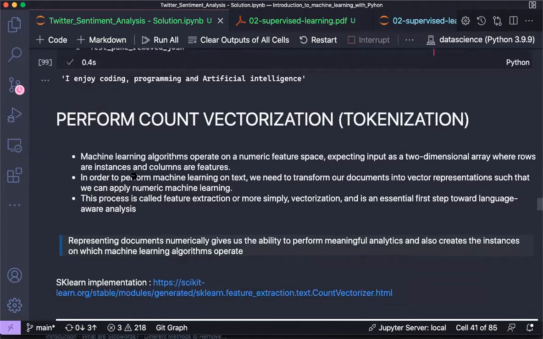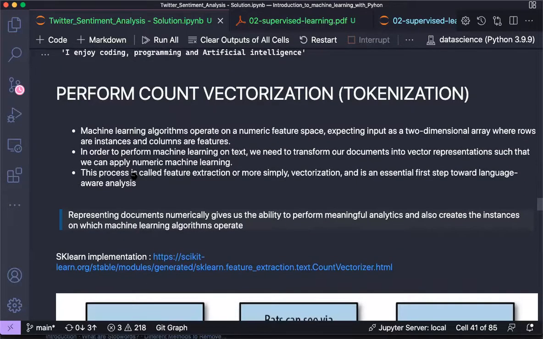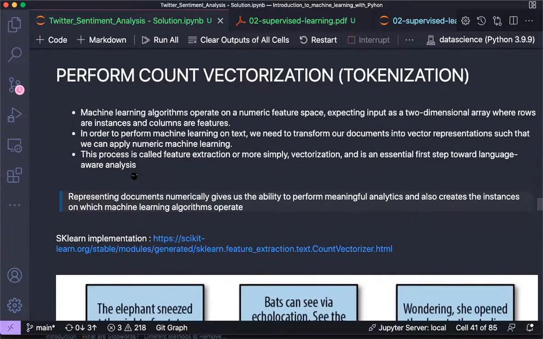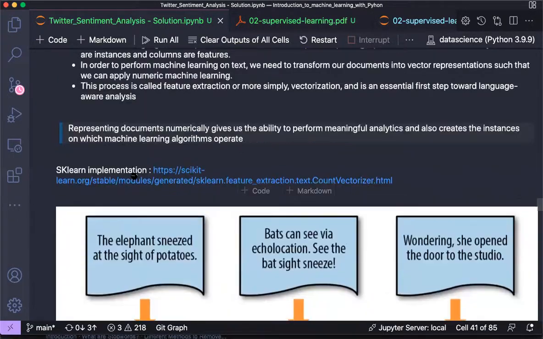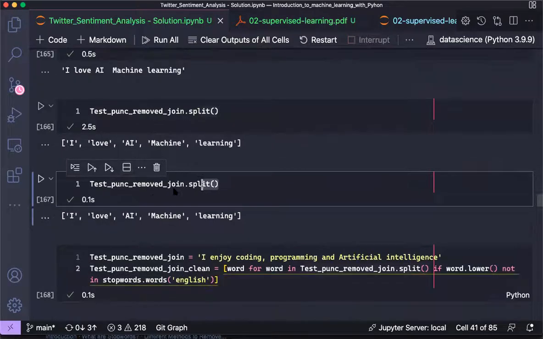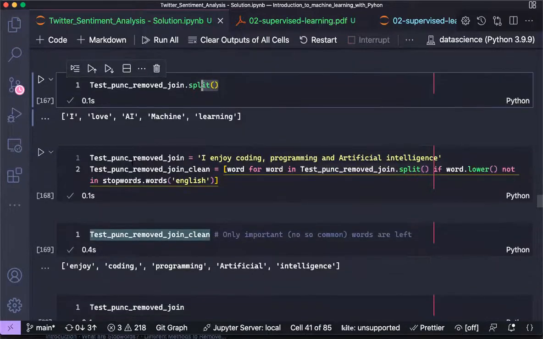Okay, so let's look at something. Machine learning algorithms operate on numerical features, taking as input a two-dimensional array where rows are instances and columns are features. I believe you have not forgotten what we discussed previously: the columns are features, and the rows are the instances. Is that correct? Do you remember this? The columns are the features, and one column is called